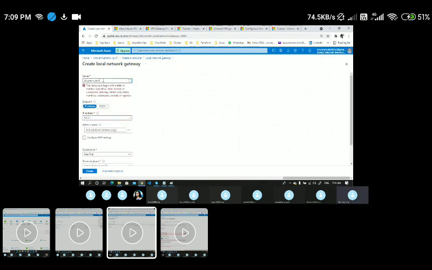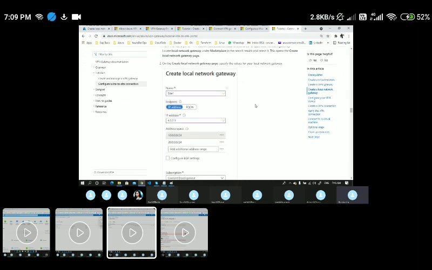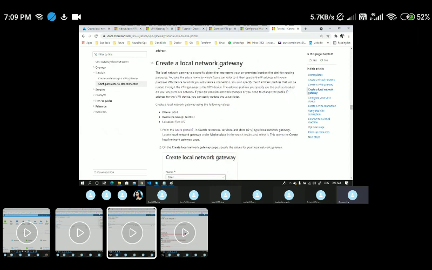Here you could say on-prem VPN site one, something like that. If you want to give an IP address space for accessing the on-premises VPN, you can give that. If you want to configure the BGP settings, you can. Otherwise, I can go ahead with the remaining defaults and simply click on create. So now I'm done with creating this local network gateway.